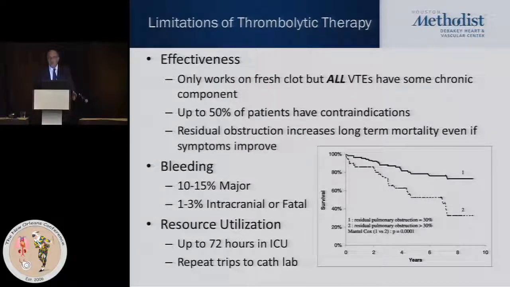Thrombolytic therapy obviously came on the scene many years ago, but the limitations are that it only works on fresh clot. But all patients with venous thromboembolism will have some chronic component. And up to 50% of patients will have a contraindication because of a bleeding risk. There's about a 10 to 15% risk of major bleeding and it involves up to 72 hours of infusion with repeat trips